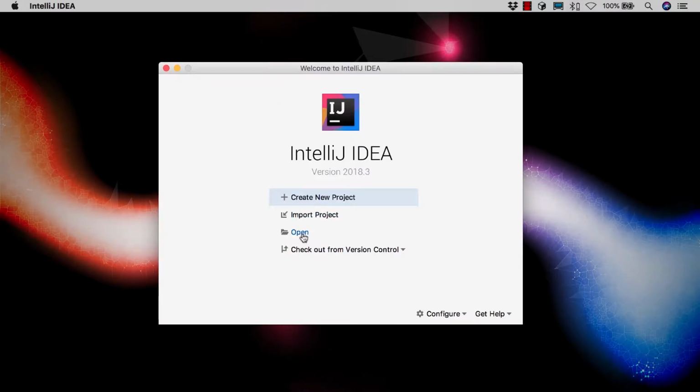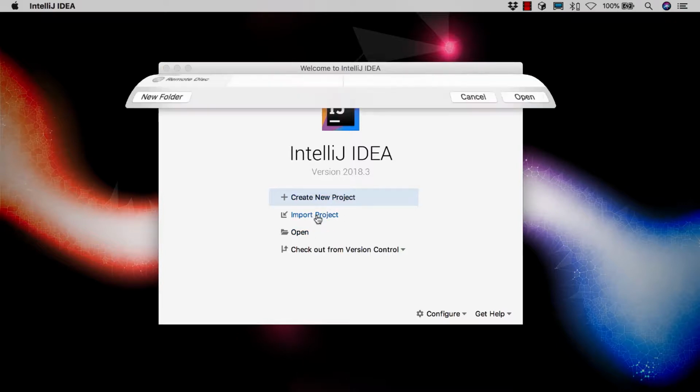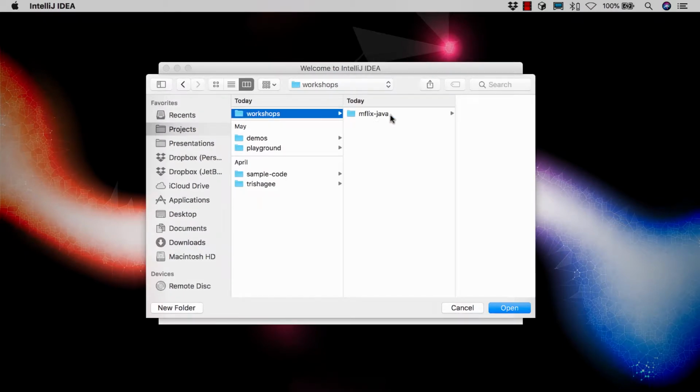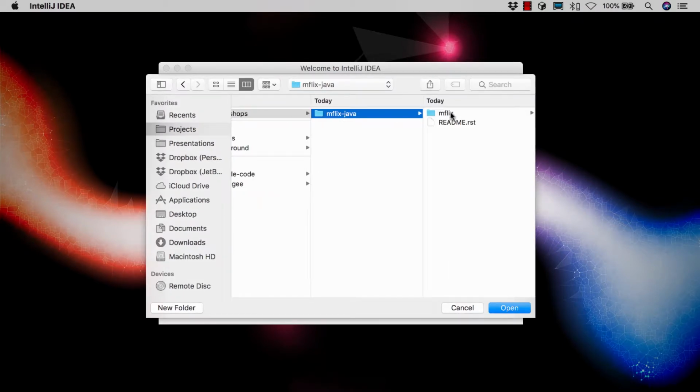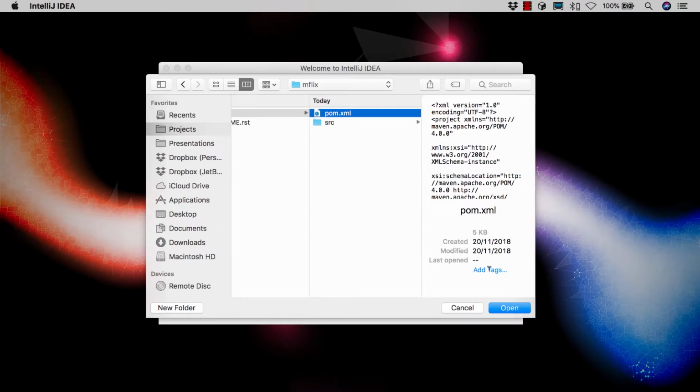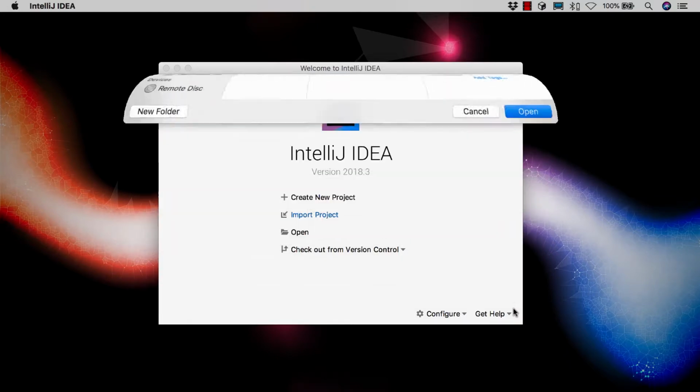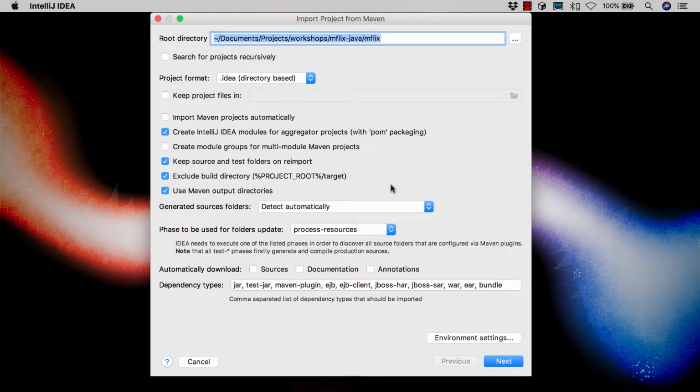There are several options for opening existing code. You could use the Open option with the MongoDB course code and it should work, but I'm going to use Import as this is often the best way to set up a new project from existing code. Now we navigate to where the project code is stored. Because this is a Maven project, it has a pom.xml file. The simplest way to get IntelliJ IDEA to set up an existing Maven project is to select the pom.xml file